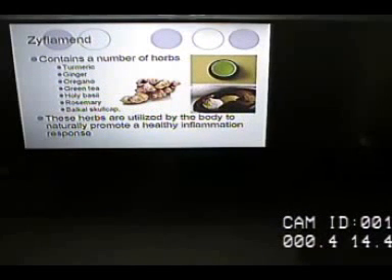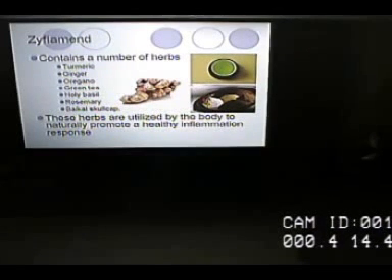Zyflamend, as I mentioned a little while ago, this is a great one. It's had a bunch of research done on it. They're actually doing research looking at it with cancer, and Dr. Katz, who works with prostate cancer and otherwise uses it, recommends it. I'm not touting this for that. I'm just saying there is research on these herbs specifically for that and for a whole slew of other issues because of the antioxidants and because of how it works in the liver for detoxifying.